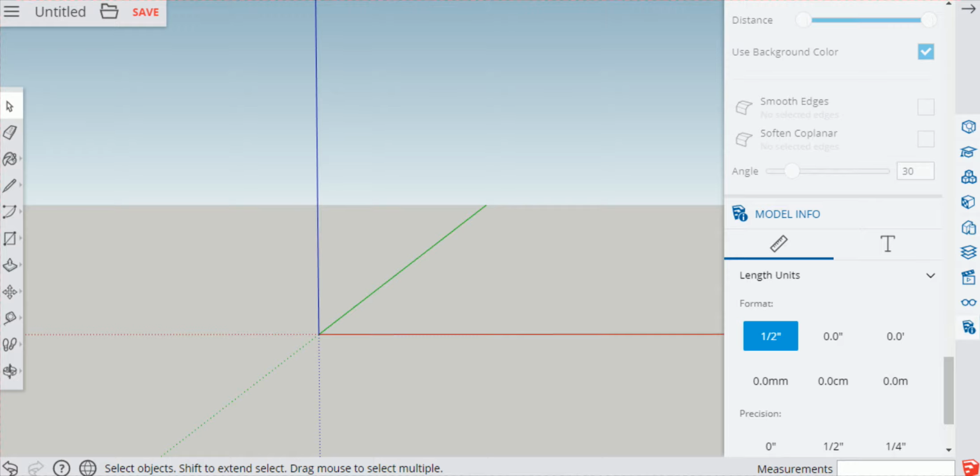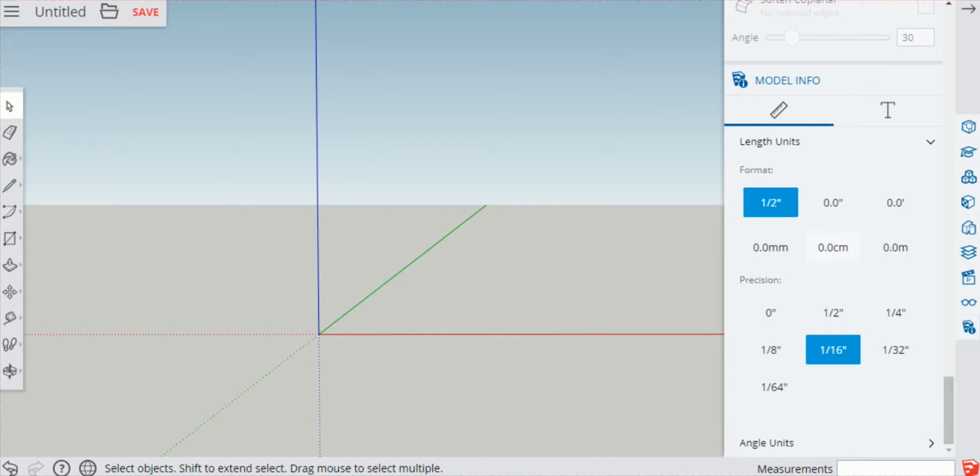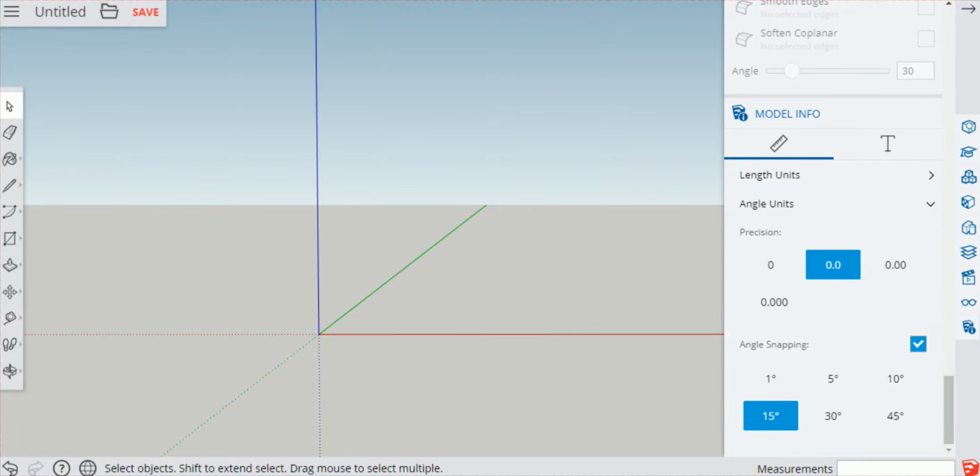This one is called model info. Okay, so you can set up your lens, you can set up the format however you want, with precision. Okay, then you can go into angle units, whatever you want to select. Okay, now